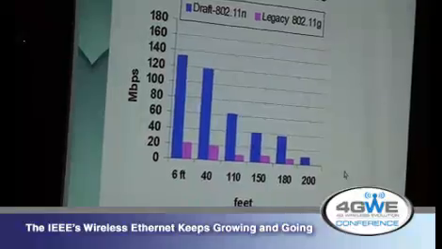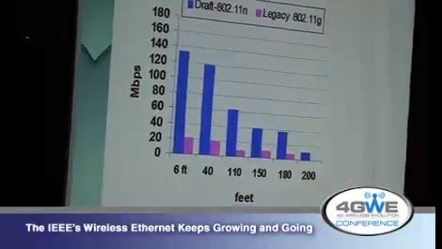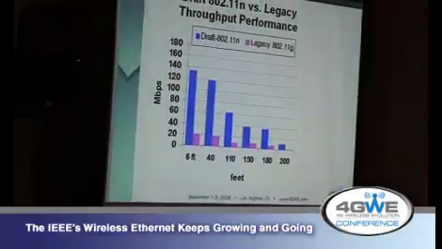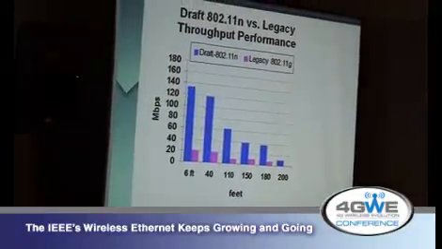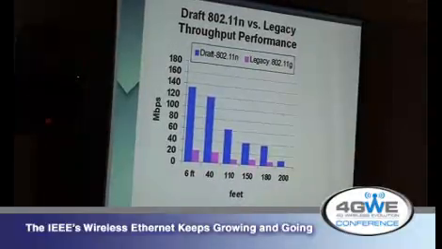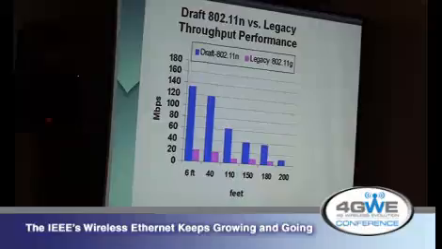And the reason for that is that N adopted the MIMO technology. So OFDM and MIMO are now real keys to wireless communications. .11 pioneered both and established them, and then WiMAX and LTE have copied them because they work so well.